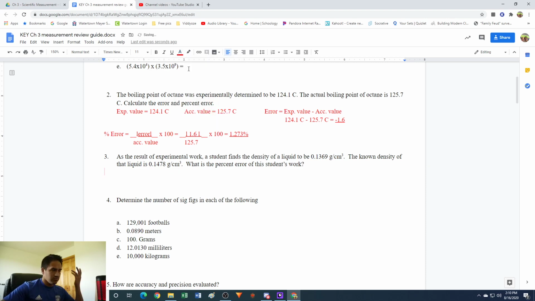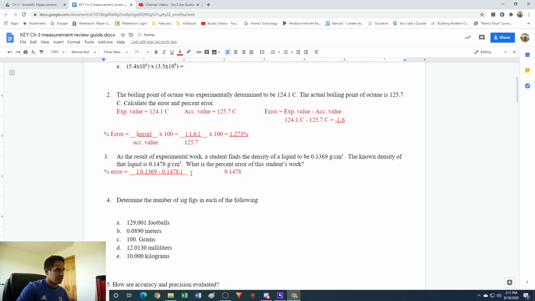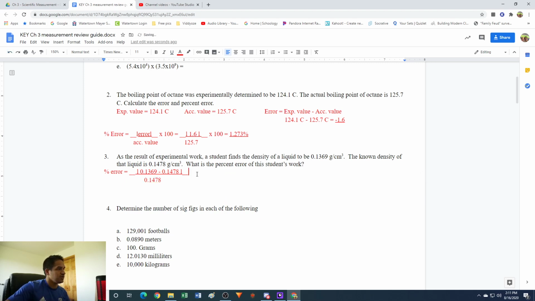All right, so we already have all the equations up in the previous one. So percent error in this case is going to be equal to our error. So this is going to be 0.1369 minus 0.1478. That is our experimental value minus our accepted value, and then we divide this by our accepted value of 0.1478, and then multiply this by 100 equals,